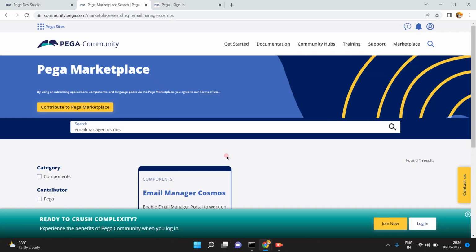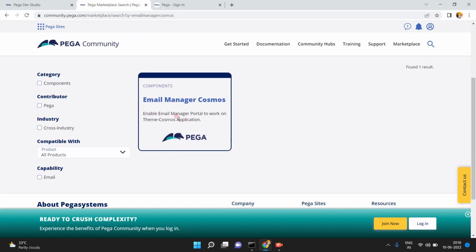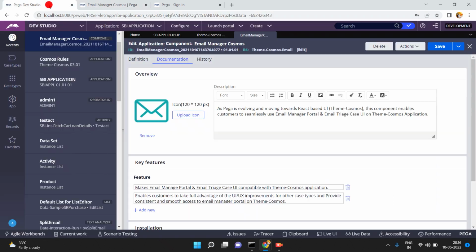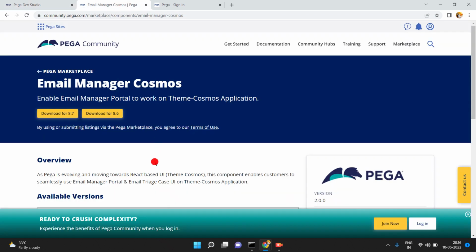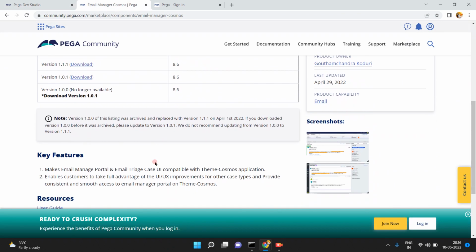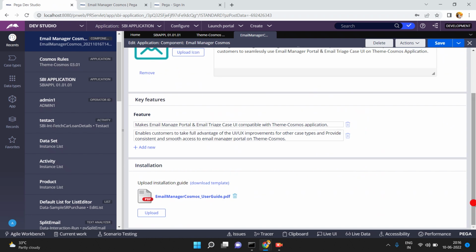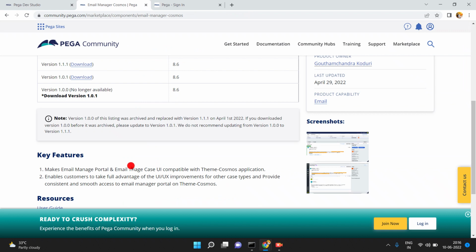See this one, this is the component I have downloaded. Enable email manager portal to work on. You just click on open and you can see the documentation of this component. It gives the description of this component, and the features. What are the features? Key features make email manager, etc. Okay, so if you want, they are providing the instructions as well,